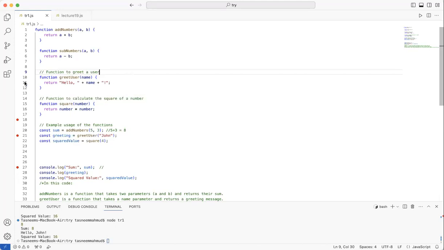Okay, so you go to the very left, you see when you hover over these lines, you'll see this small red dot coming up. Does it appear for you as well? Okay, so when it appears, and if you want to create a breakpoint over here, you just click on it and the breakpoint is set. And if you want to remove it, just click on it again, it's gone.